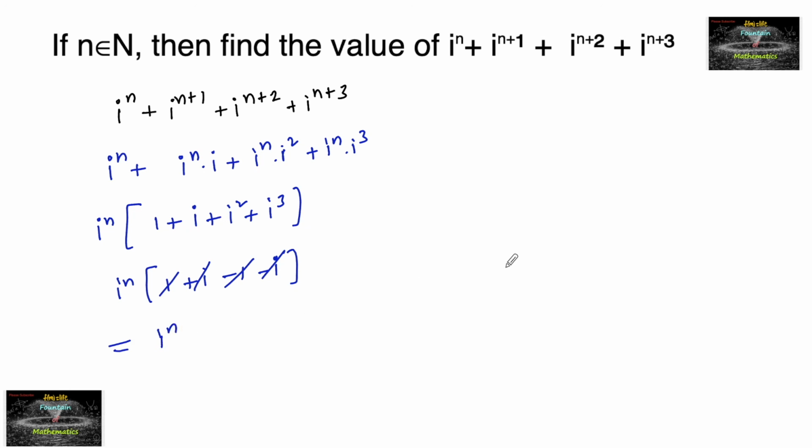So this is i^n into 0, which is equal to 0 is the answer. Or else we can also remember,